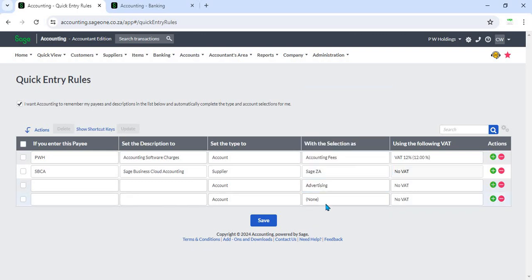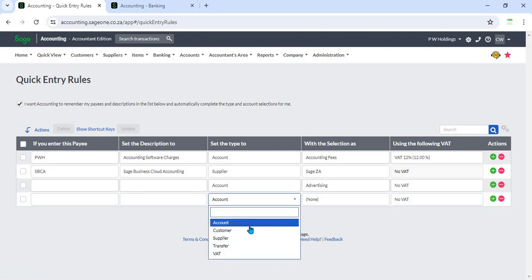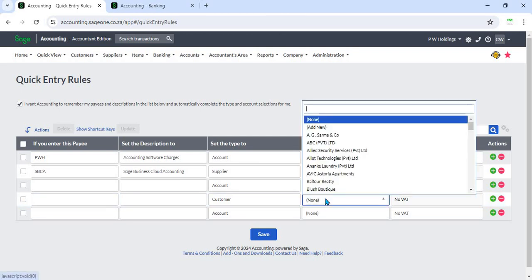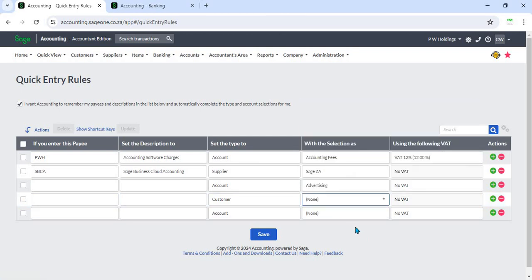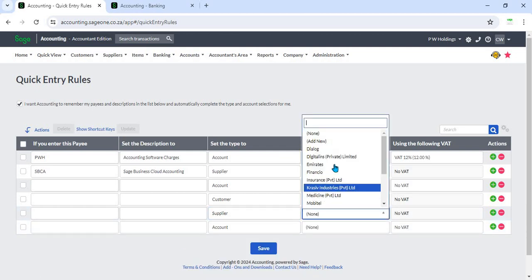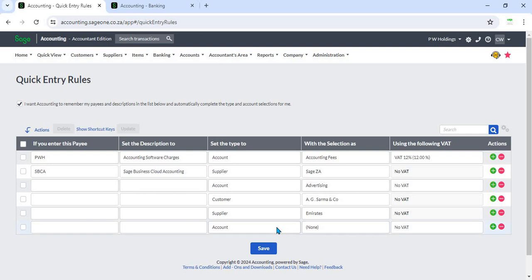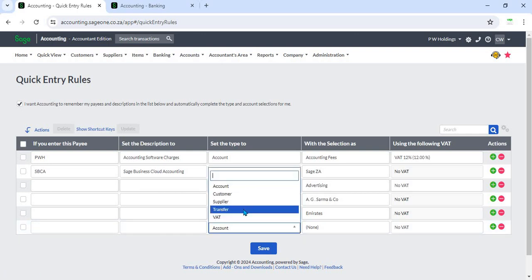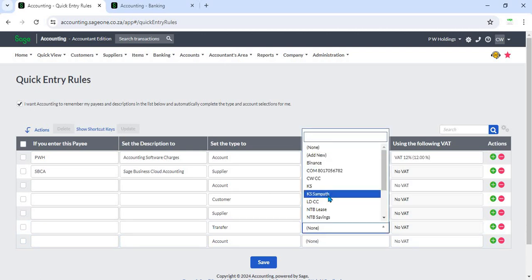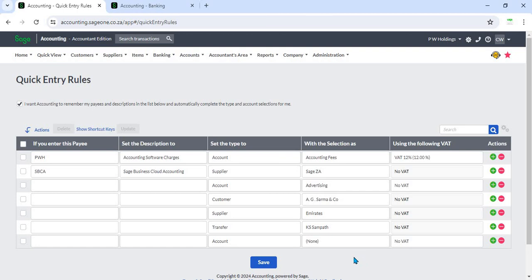Next, you can create another quick entry rule, select customer as type, and for the selection select your newly created customer, and you can create another rule selecting supplier as type and select your new supplier, and another rule for transfer as type and select your bank account as selection,